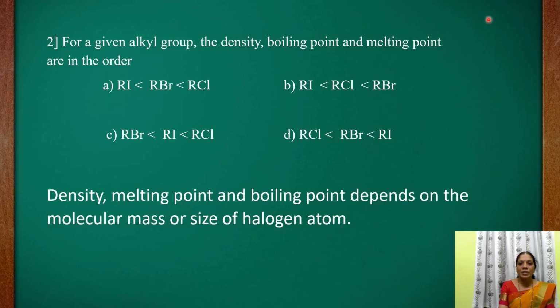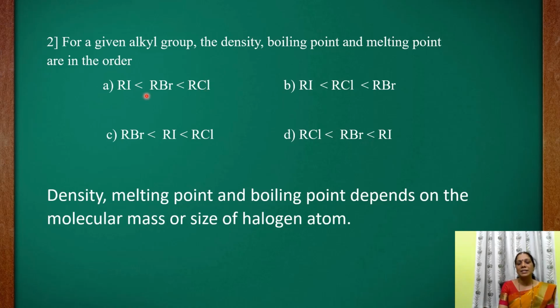And we know that in the periodic property from top to bottom, always the atomic size goes on increasing. Fluorine has a smaller size. The next element chlorine has a larger size than fluorine. Next to that bromine has a still larger size, because the electron number goes on increasing from top to bottom. As the number of electrons increases, the atomic mass also increases. Now, atomic mass increases means if you add the atomic masses here along with the R group, we don't know which R group they have given, but it is identical, so no need to check that again. If you add the atomic mass of the halogen atom here, we will get the molecular mass.